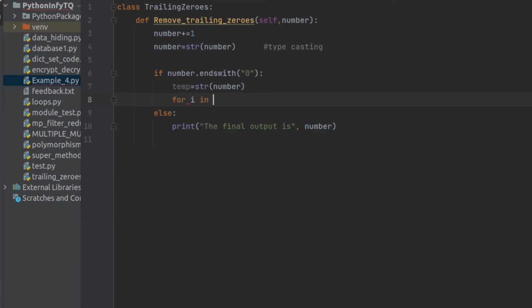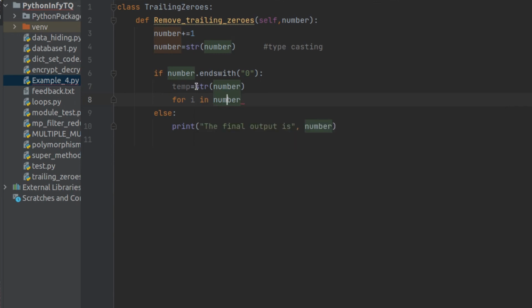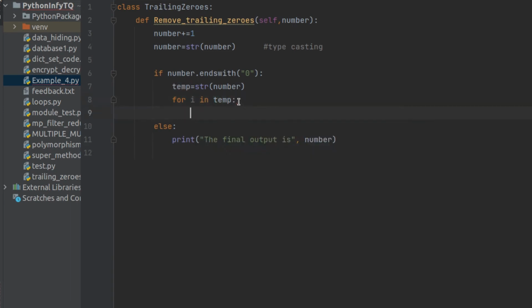So let's say for i in number, so I will be simply using number over here. It's up to me whether I want to use it with number or with temporary. So for example, let me just use the temporary variable over here, so that will be better for me.